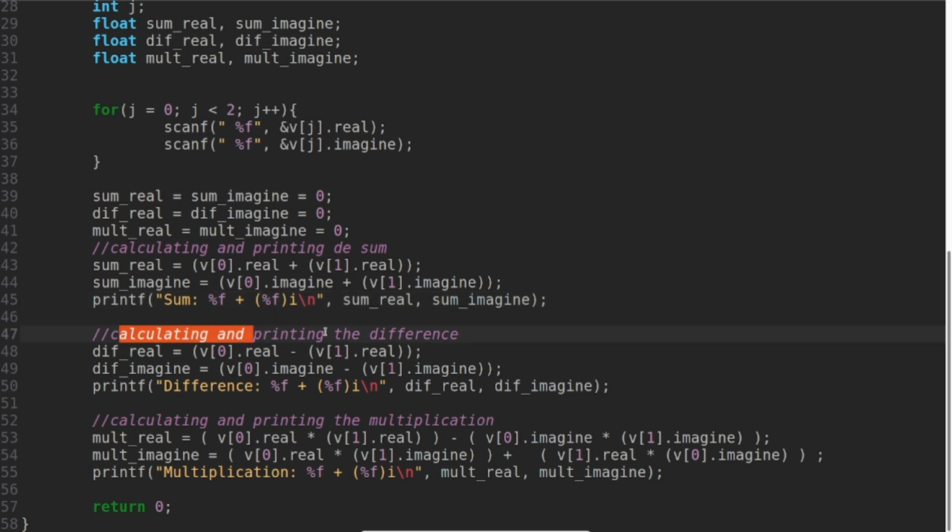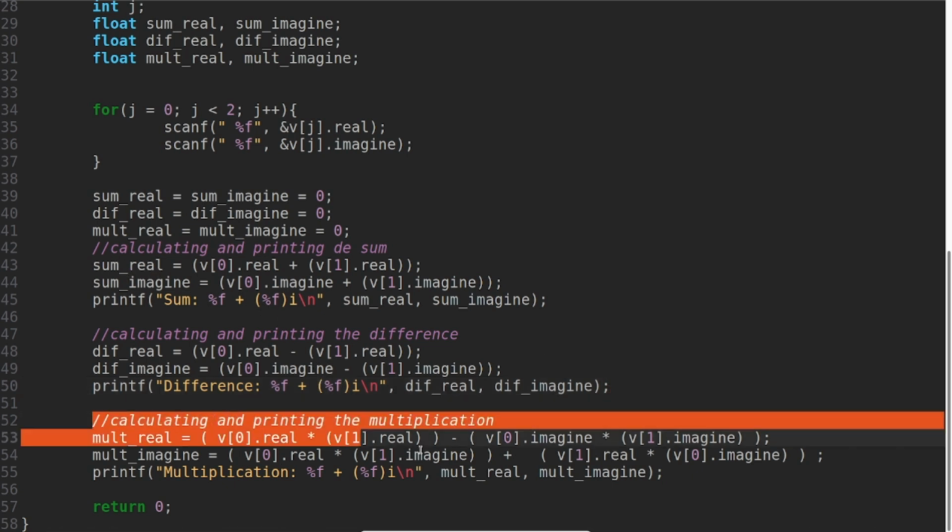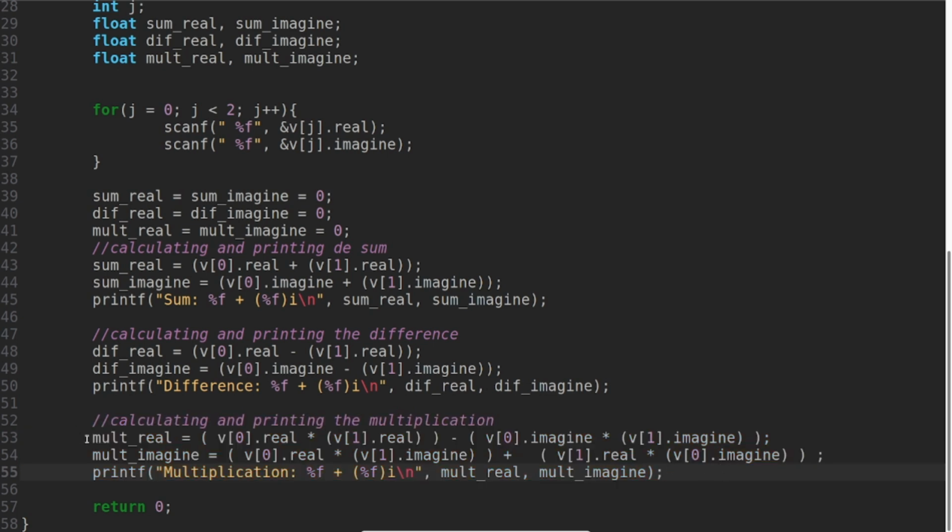I am calculating and printing the difference. So the difference of the real minus the next one, and the difference of the imaginary part minus the next one, and the sum and the difference are pretty much the same. Here is the difference. The product of the real part will be equal to the first value times the second